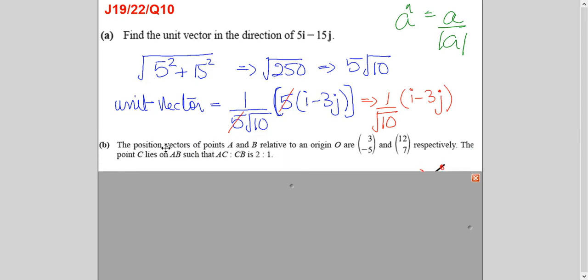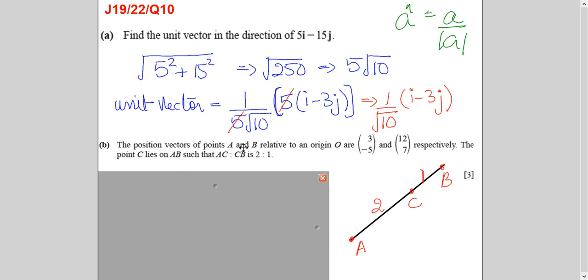Second part of the question, which is at times challenging for students, the position vector of A and B is given to you here, and a relationship between A, C, B points is given to you here with respect to ratio. Now, if you see C is a common point, which is giving a clear hint that these 3 points are on the same straight line. So if I just explain this with the help of this line, it means AC is double of CB. Or I can say AC is 2/3 of AB. So it is up to you which relation you use.